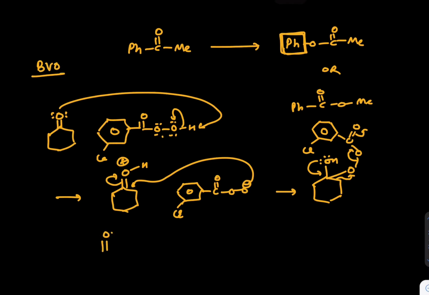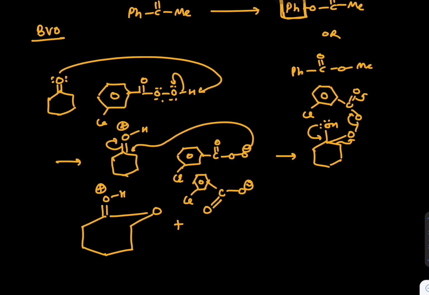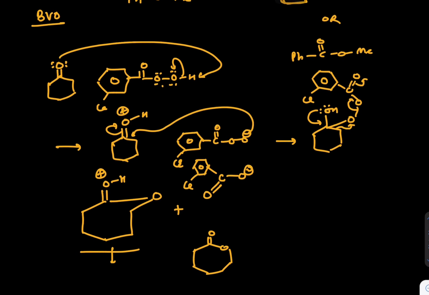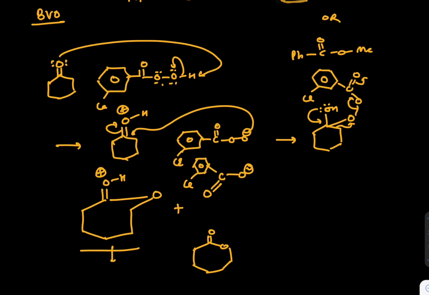So what will happen if you observe C double bond OH plus, this structure you can draw like here. The oxygen which was here is now connected at this place, and the remaining thing is O double bond C-O minus. I am not changing the position of the bond so that you can understand what is happening, and chlorine at this place. If I draw this structure in a better format, don't you think I can draw it like a 7-member structure, a caprolactam kind of thing? This kind of structure we can draw with an ester. These are basically structures we can draw, and this is called caprolactone.